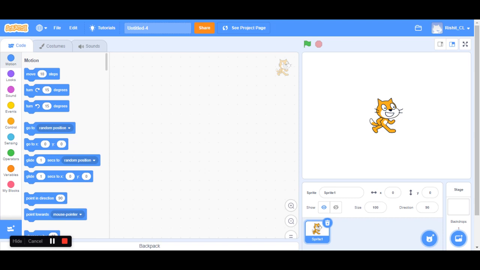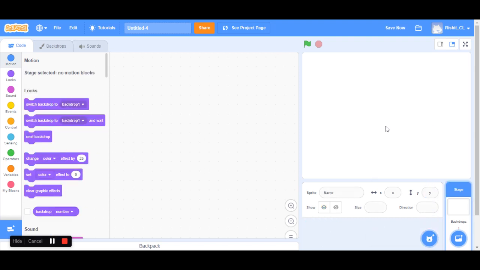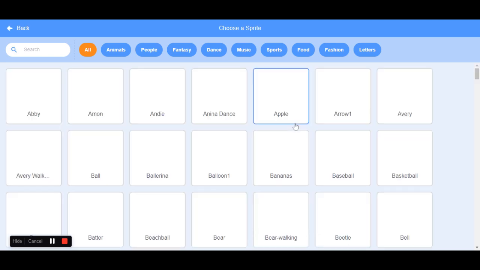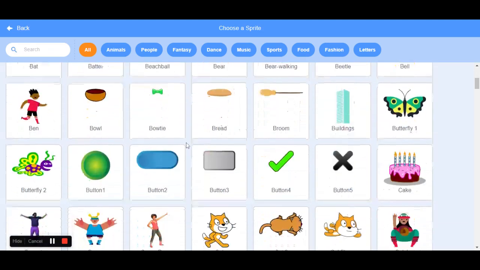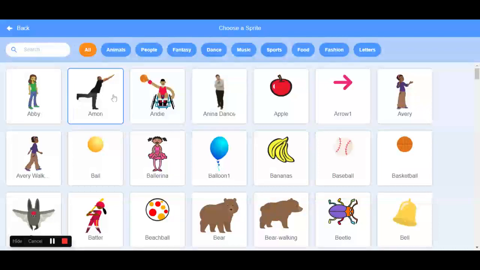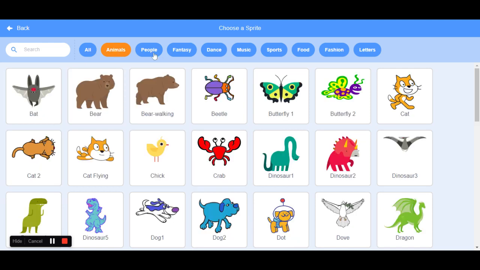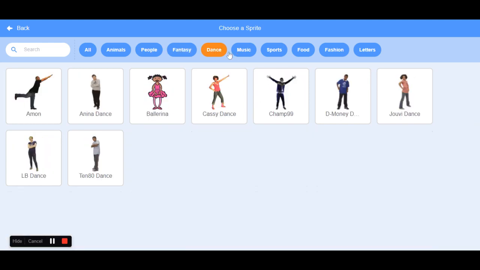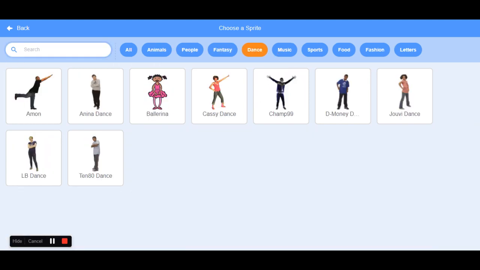But if you still do not like any of those three, you could delete the character. Like this cat is there, I could delete this character from here, clicking delete. It goes. So over here, it's called a sprite in Scratch, or you can call it a character. You just click on sprite, and it gives you all of these characters or sprites. There are many of them, and some of them even have animations. Like this one, this girl is talking. Then there are many colors in the balloons, and this girl's walking. Then animals, people, fantasy, dance, so many sections. Or if you want, you could search personally.